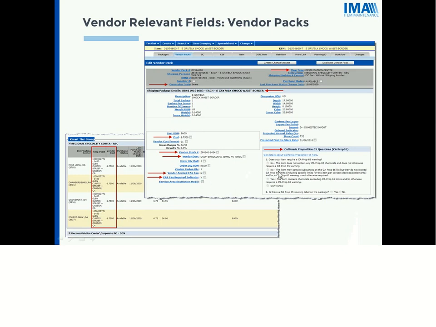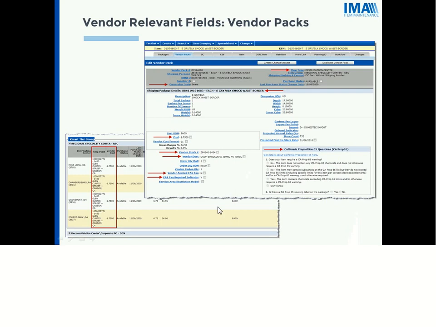Now to the right, you have your California Prop 65 questions. So most of you are probably aware of the California Prop 65 questions. But basically, they are a bit more particular about some of the makeup of items that are sold in California. And so they might require an additional warning depending on what your items contain. So it's asking about the California Prop 65 chemicals. It's also asking if there's a warning label on the package.